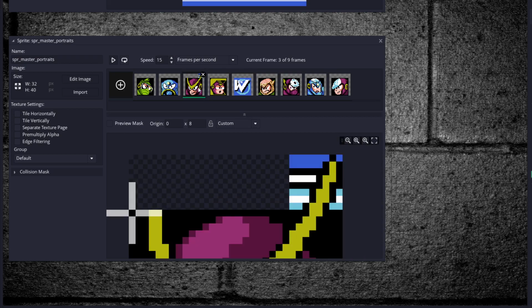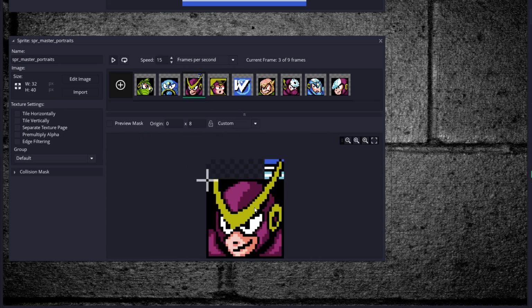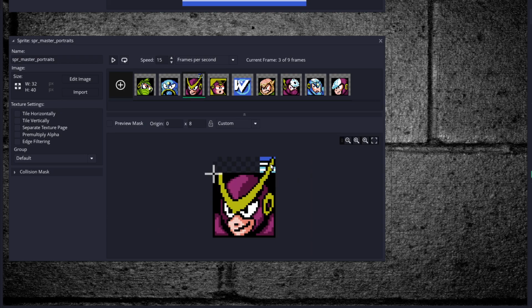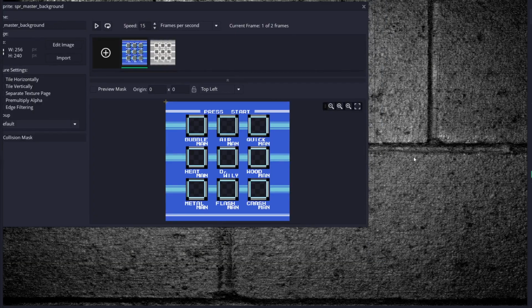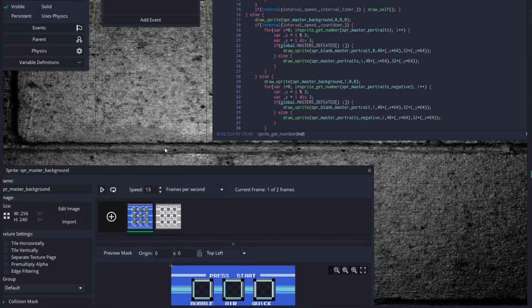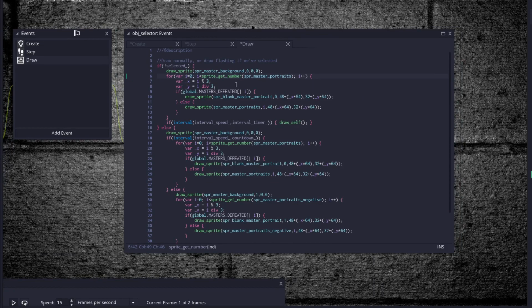Why is there blank space? Because good old Quickman, his sprite goes outside of the box for whatever reason, instead of just drawing it like normal, like all the other ones. So we have this here so that we can have as many masters as we needed, but we're just going